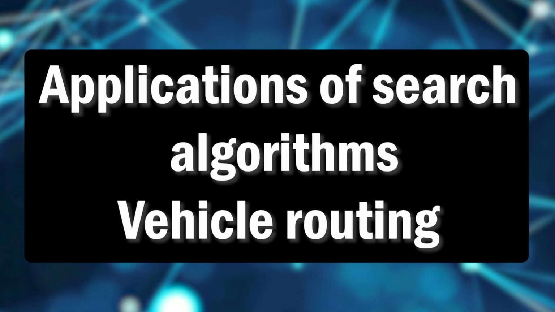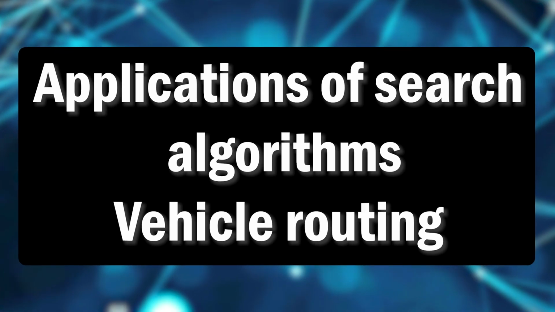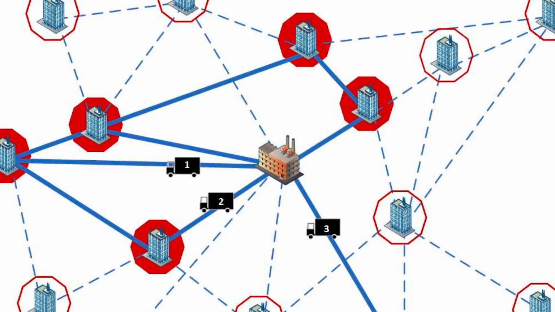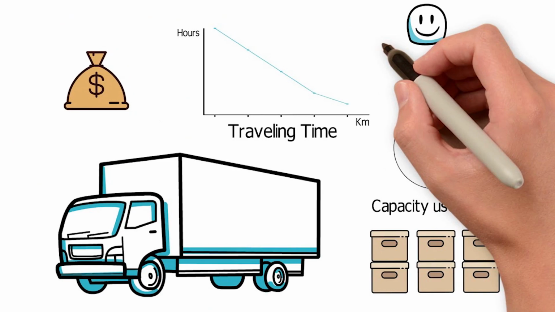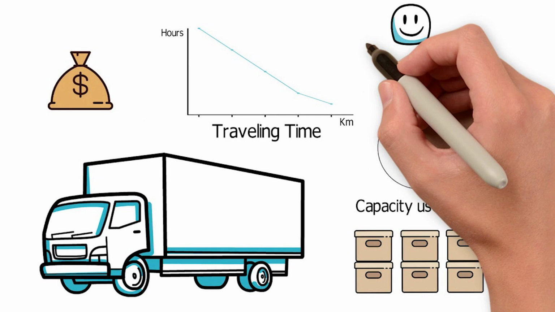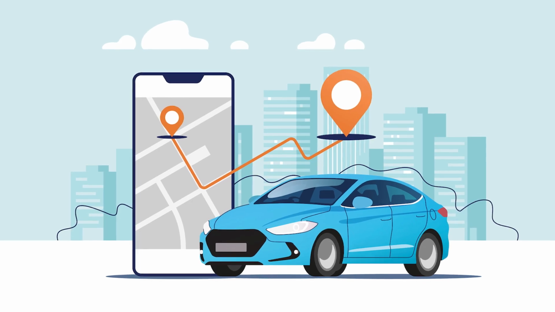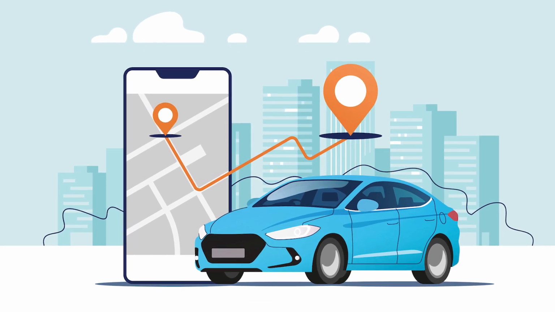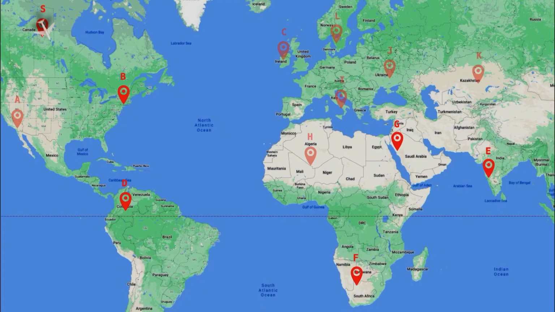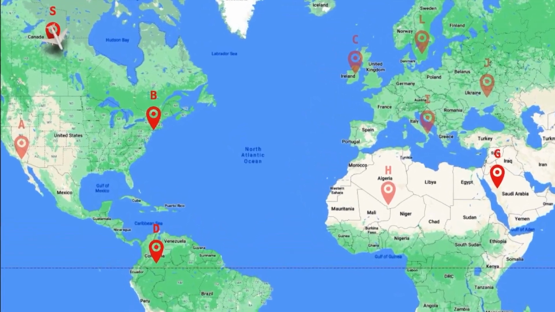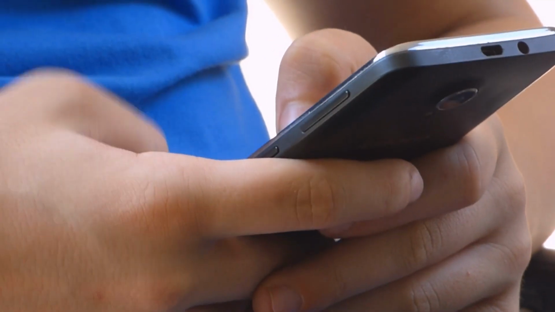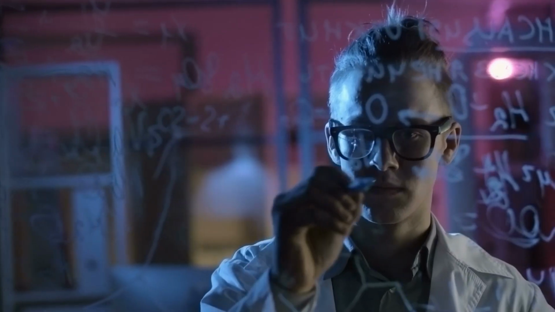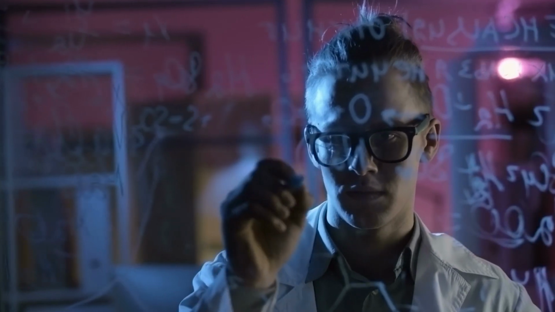Applications of search algorithms. Vehicle routing. Vehicle routing problems are a class of optimization problems that seek to determine the optimal series of routes for vehicles to deliver goods or services to customers. These problems involve minimizing the cost and time taken to reach the destination, and they're typically solved using heuristic algorithms, such as search algorithms. Researchers have shown that machine learning algorithms, such as reinforcement learning, can also be used to